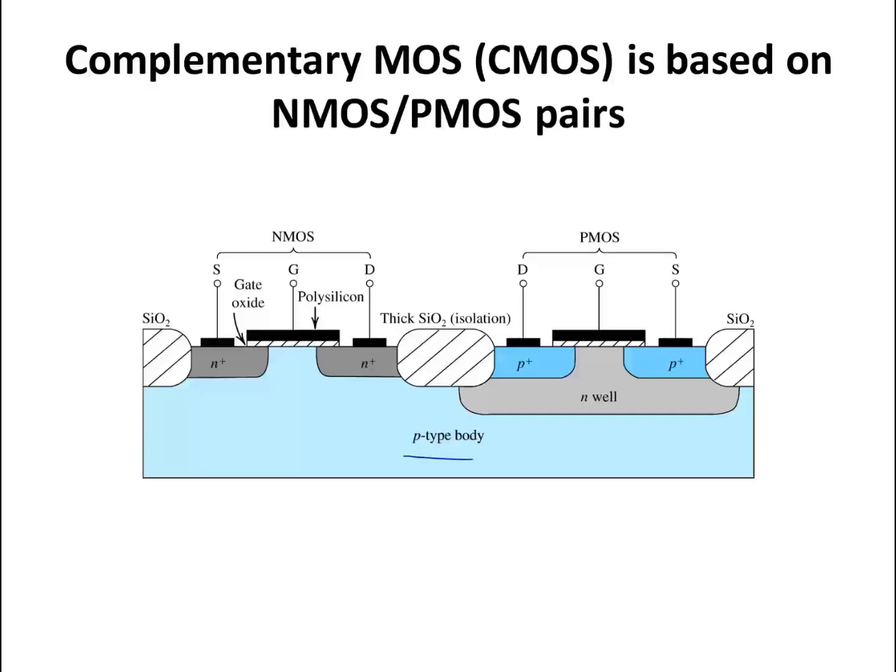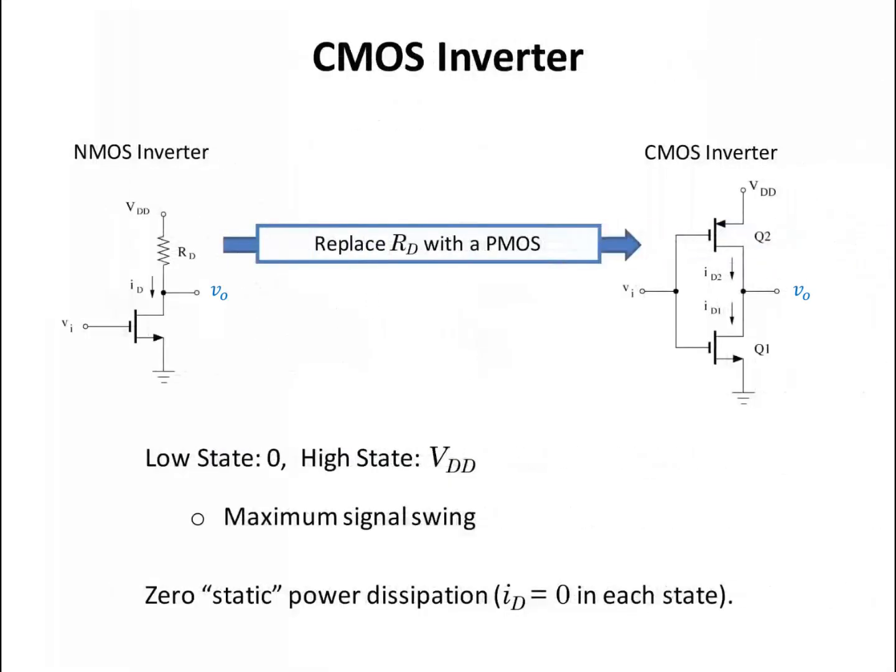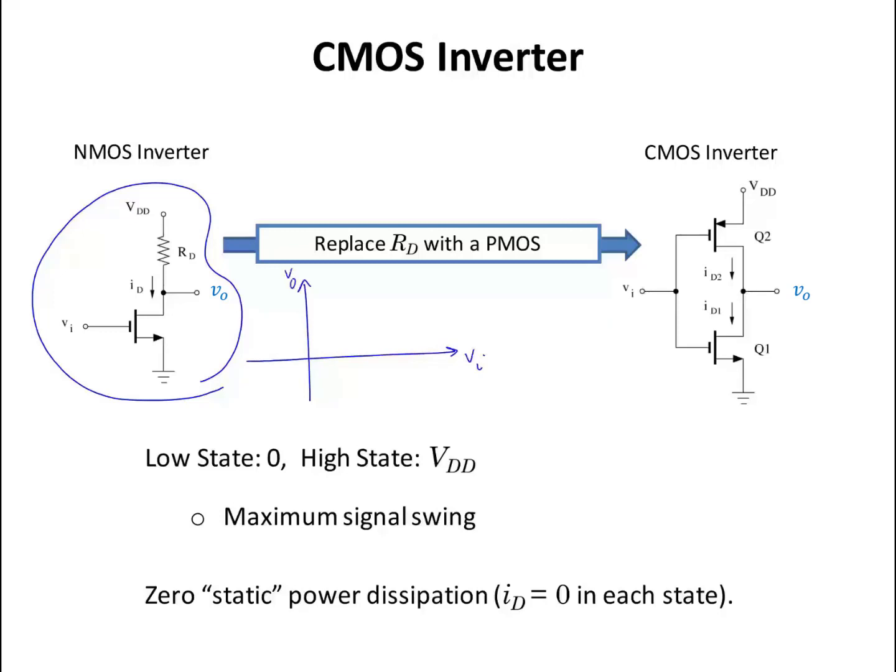So let's take a look at how we can use this technology to build an inverter circuit that's most widely used in digital circuits. Previously, we saw an inverter circuit using an NMOS transistor, as you can see in this picture, and we saw the transfer function of this circuit, Vi versus Vout. It operates as an inverter: for Vi less than the threshold voltage, Vout is equal to VDD, and for Vi equal to VDD,